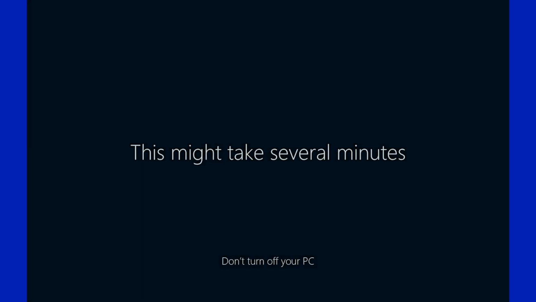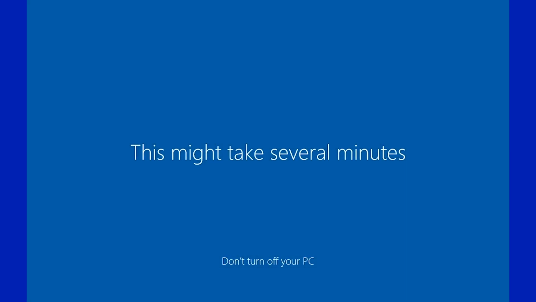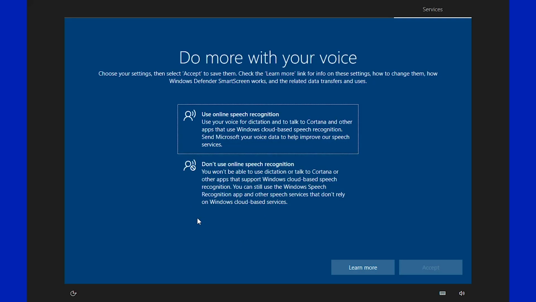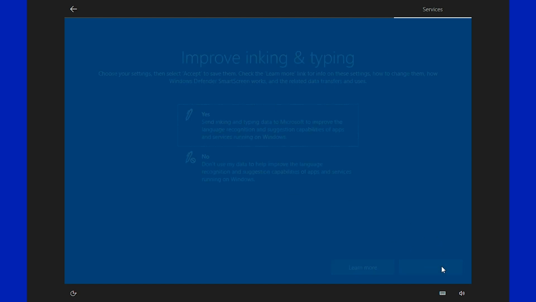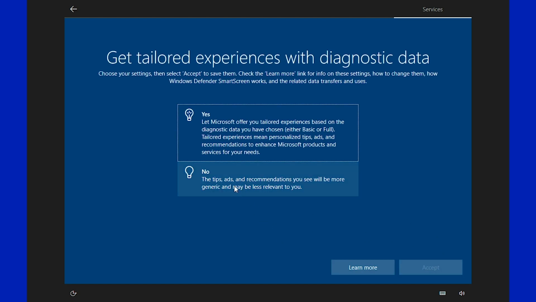Now, when you create a new user, it's gonna ask you a few questions about privacy. I suggest you turn off everything there. If you use something, you can turn it back on later. So this is the screen. It looks just like the same as when you set up the new computer. So you think you chose these options from the beginning, but you have to do it again when you create a new user. So don't use online speech recognition, no location, no handwriting, no diagnostic data,